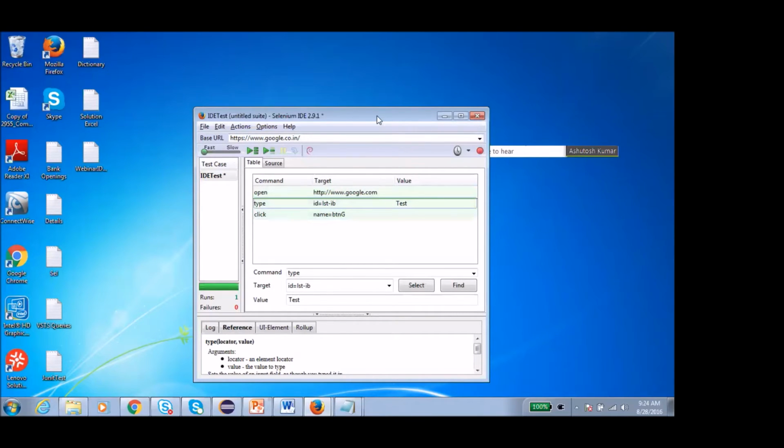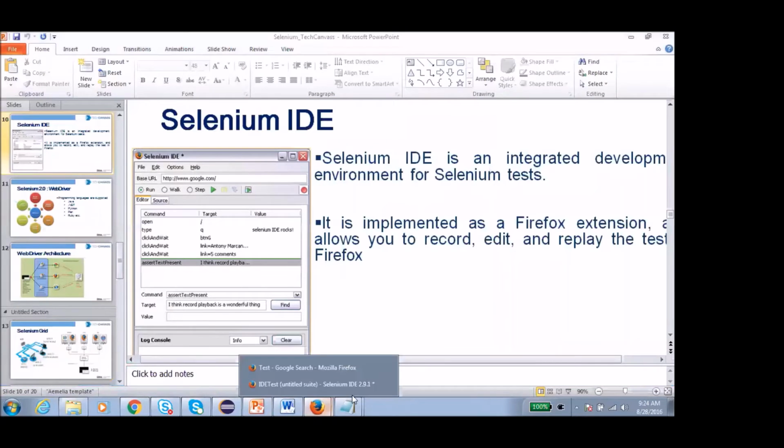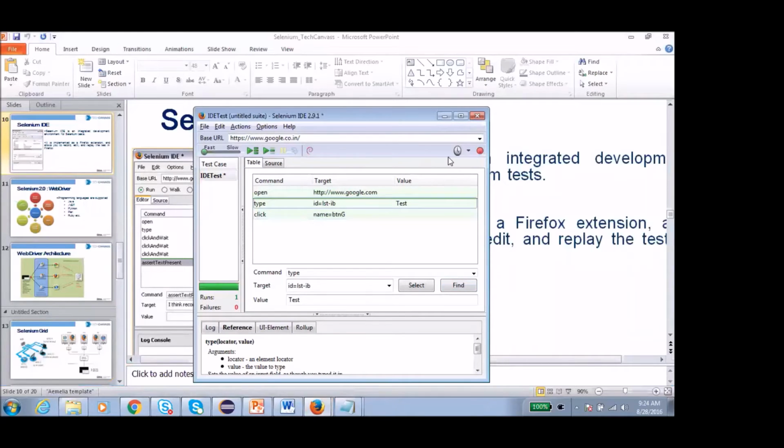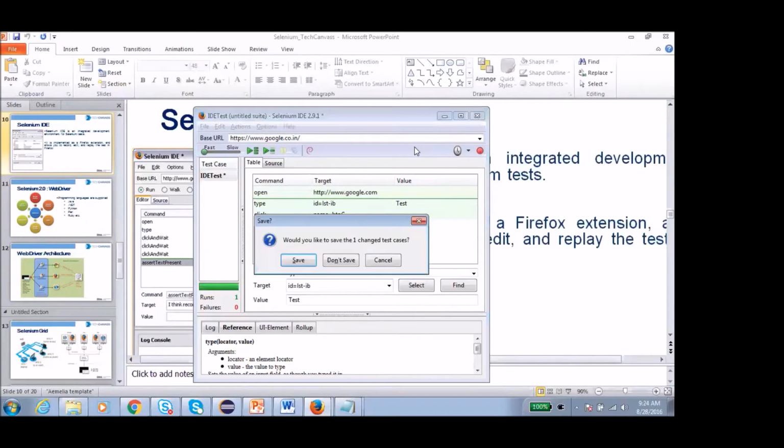And in the training program also, if we are going to start the training program, we will see how this IDE test works completely, but we have very limited time, so we have to focus on other areas also. So we will move ahead now. I'll close the Selenium IDE. If you guys have any question on Selenium IDE, just let me know. It is asking whether we want to save the test or not. I'll say don't save.